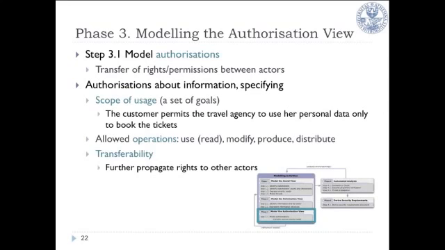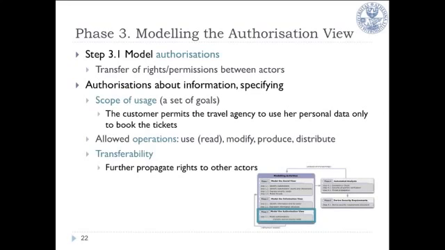When creating a new document, he is producing new information, and distribute refers to the action that actors are distributing information, and since in the social view we said that actors exchange information by means of document provision, distribute refers to actually